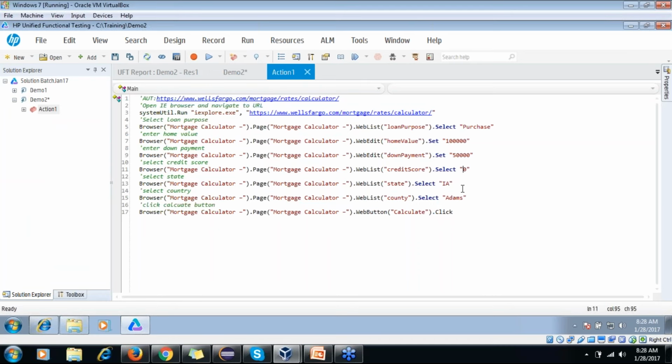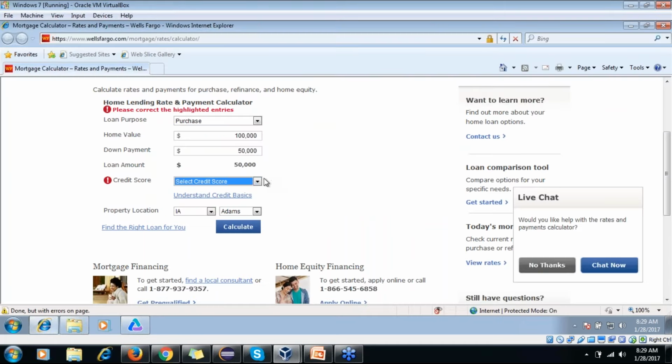Let me use, shall I use this way? Okay, let me here also use the same value, whatever we see in the list. So let me use this. Good.